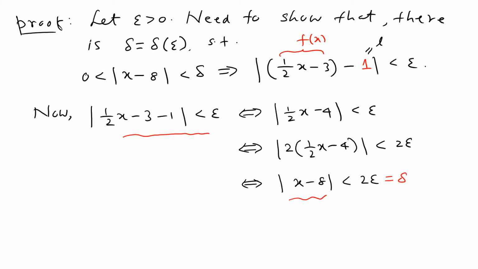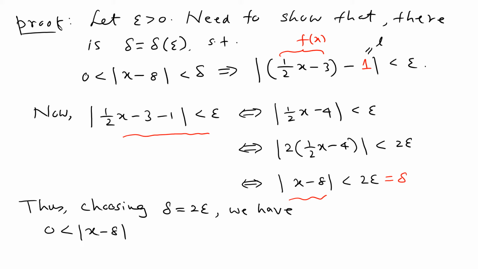So now it's a very simple argument. Thus, because it's all if and only if, that means if you start with one, you get the other one. So thus, choosing delta equal to 2 epsilon, or you can pick any, for example delta equal epsilon, that we can do later in another example. Because of all these double implications, you can say 0 less than |x minus 8| less than delta implies